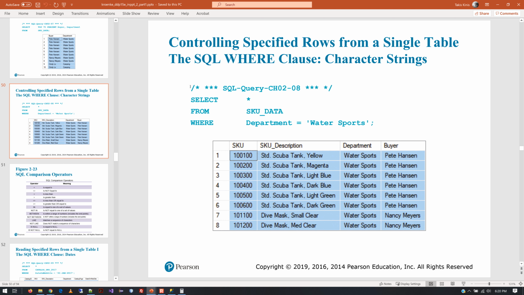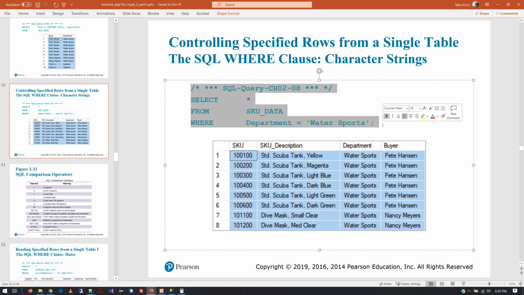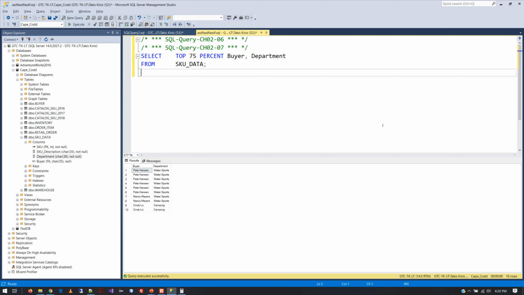All right. And wow, this is our first where statement. Ooh, this is exciting. So let's go back, and I'm just going to replace that. And so once again, we're back to the asterisk for select. We're going to choose from the same table, but this time we have a statement that looks a lot like